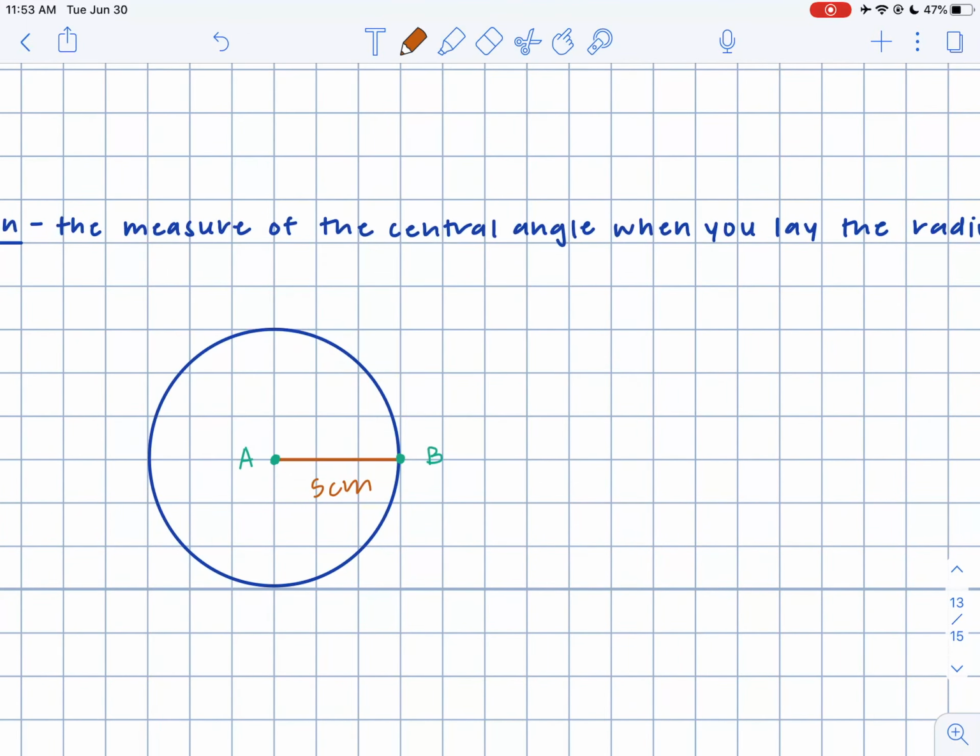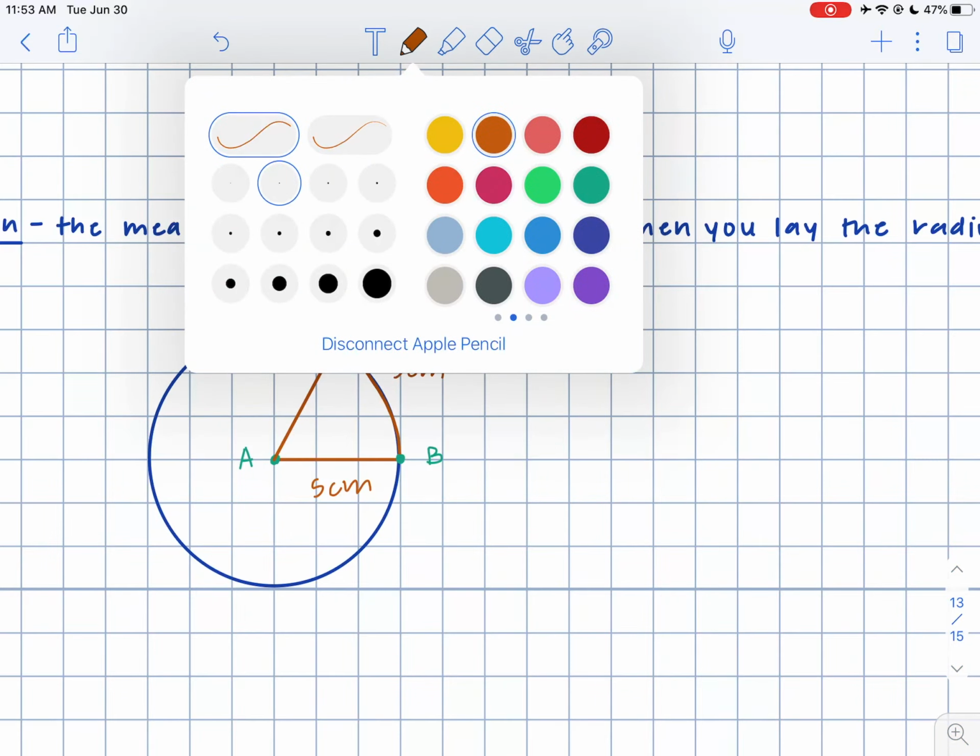So we would get, let me zoom in so I can draw this neatly. We would take the radius and lay it on top of the circle, right? Remember we were talking about how we can measure arcs? This looks like an arc, right? Let's call it CB. This should remind you of an arc. So we can measure this arc CB in degrees or by its length. And since we're laying the radius, which is 5 centimeters, on top, this arc should have a length of 5 centimeters. And then we'll just connect the points,